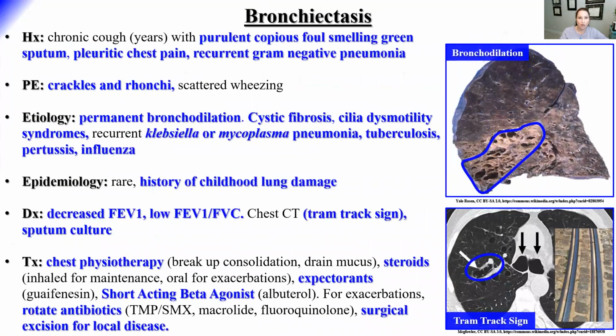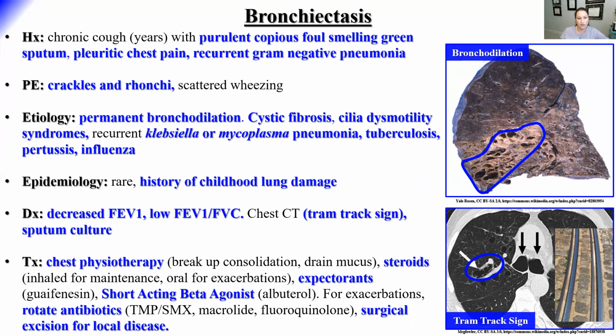Next, we'll talk about bronchiectasis. Bronchiectasis is the result of some kind of childhood lung disease that causes permanent bronchodilation. And you can see in this top picture here how that area in the blue kind of looks dilated. So permanent bronchodilation that happens as a result of cystic fibrosis, cilia dysmotility syndromes, recurrent Klebsiella or Mycoplasma pneumonia, tuberculosis,